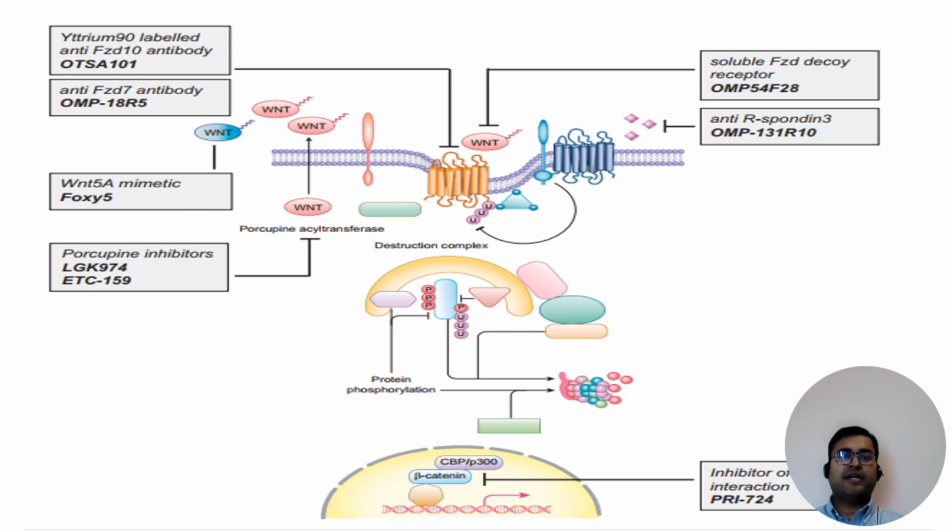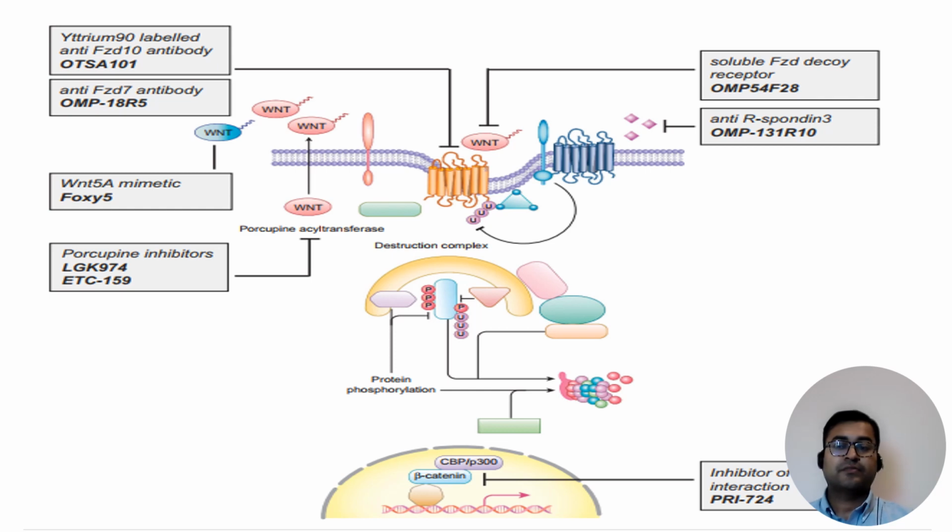Now this slide is trying to emphasize how we can utilize this Wnt signaling pathway for different pharmacological purposes. So we have discussed different subtypes of this Wnt signaling pathway, and we also discussed that this Wnt signaling pathway is involved in development of different types of cancer. So the obvious question that might have come to your mind is, if this Wnt signaling pathway is so important or is involved in activation of cancer, then somehow if we inhibit this Wnt signaling pathway, we can suppress those